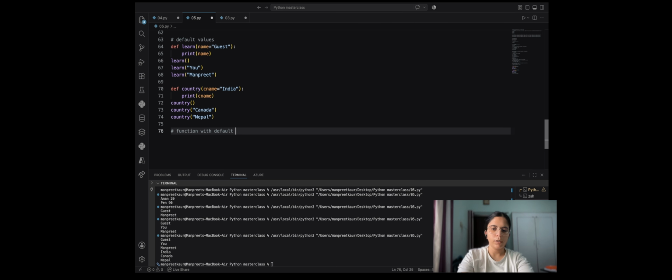Function with default Python, else your choice.